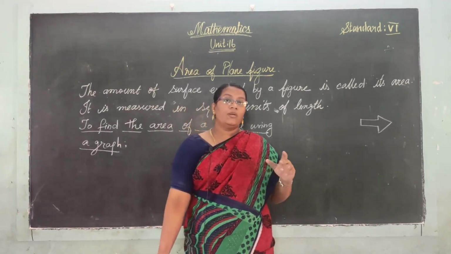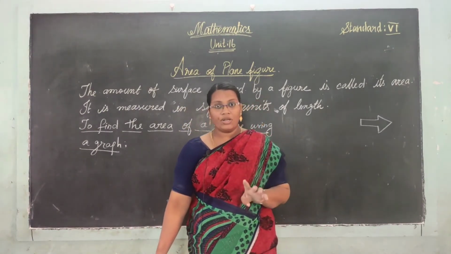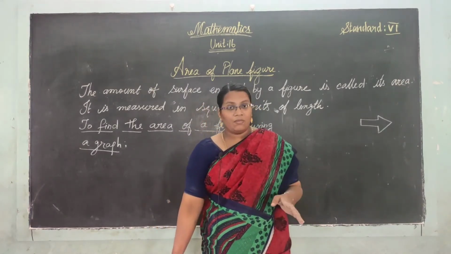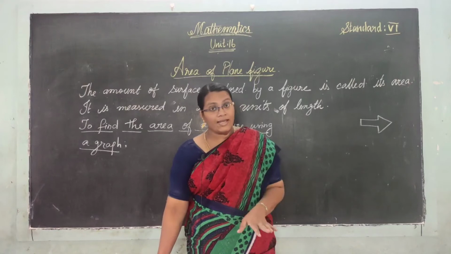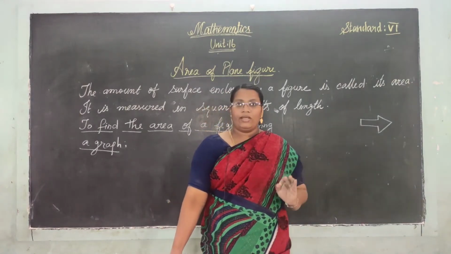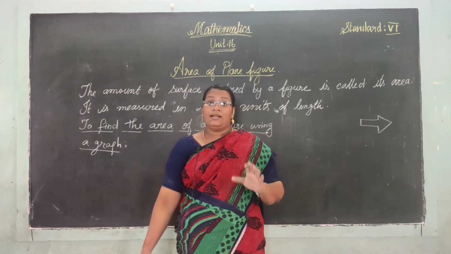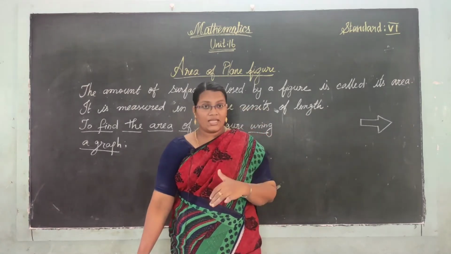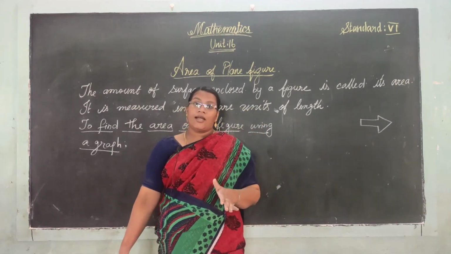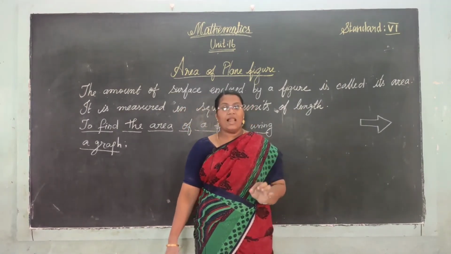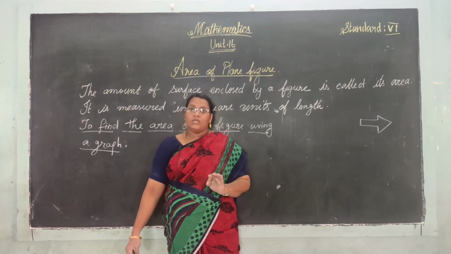The perimeter of the square is 4a units. Perimeter of the triangle is a plus b plus c, the sum of all the sides, in units. And the third one, the perimeter of the rectangle. The opposite sides are equal in length in a rectangle, so that formula is twice the times of L plus B units.